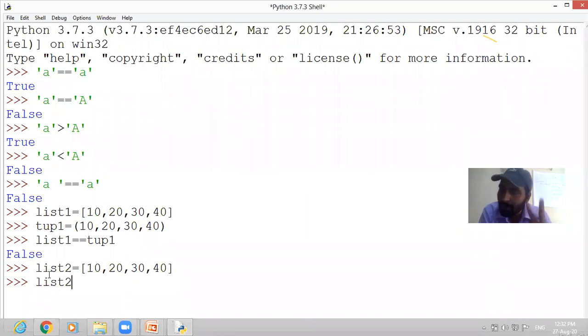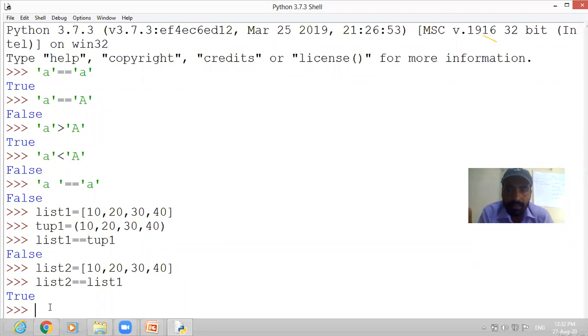Now we have two same objects, list and list. So list 2 is equal to list 1. Now you will find the result true because list 1 has the same values 10, 20, 30, 40 and list 2 also has the same values. So the values are the same as well as the order, so the result will be true.